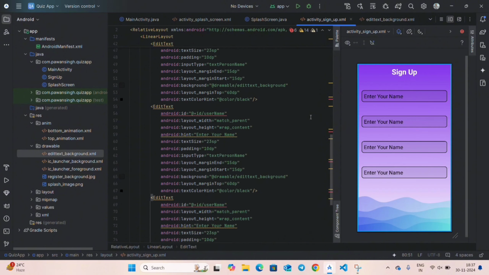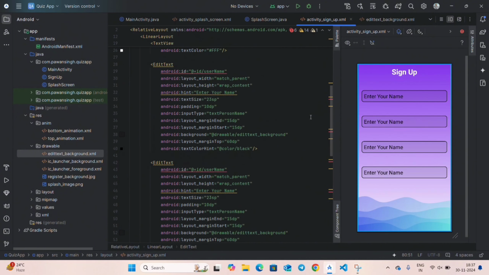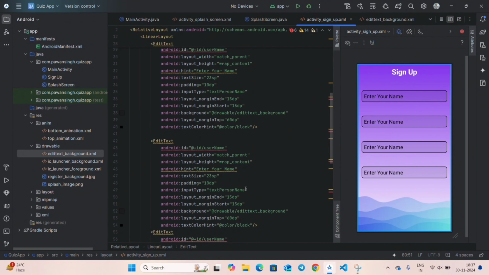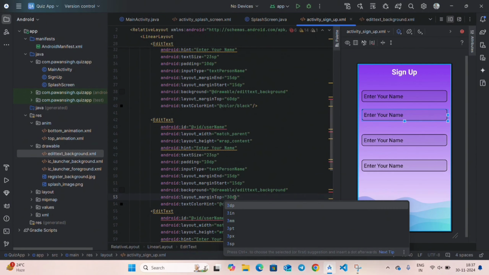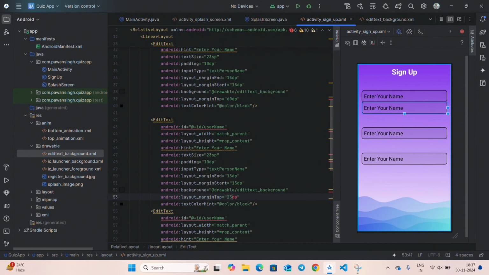So now we have 4 edit text, but the space between them is so large. So let's change the space between them. So make it margin top as 30 dp, or 30 is too much, write 25 dp,